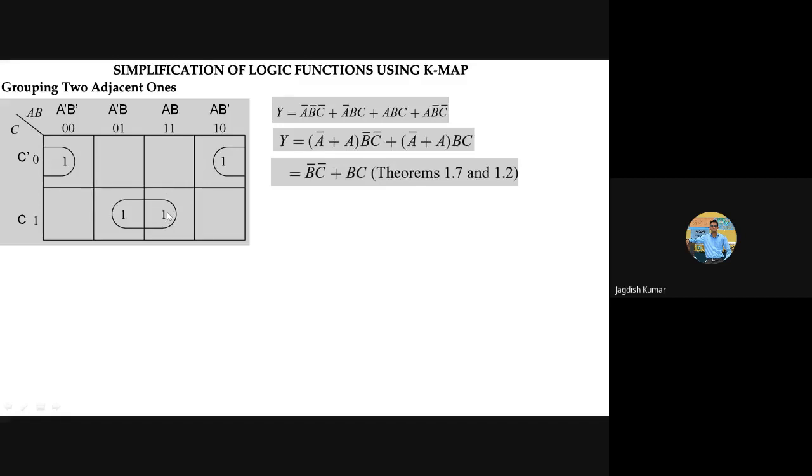Okay. And essential prime implicant means there is a one which doesn't combine with anything. If there is a one which can combine with any neighboring one, that set is called a prime implicant. Essential prime implicant is just one sitting, nothing else. So if there is a one here, I mean, if there would have been only this one, this would have been 0. In that case, it would have been A, B, C.